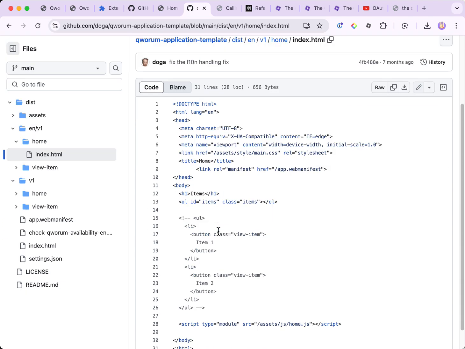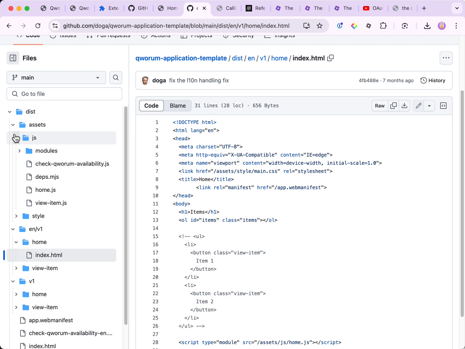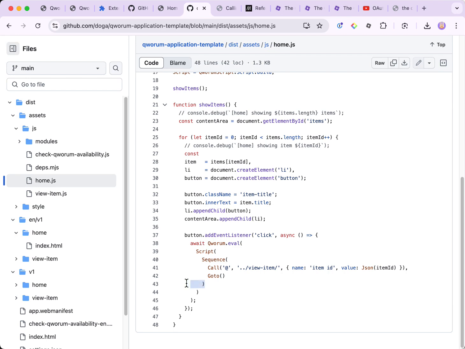Okay, so a couple of essential points to make here. The Quorum platform has a new way of interlinking, a new linking mechanism, because what the baseline web platform provides is not enough. The anchor element and so on are not enough for doing application integrations. So this is the Quorum version of linking between applications.